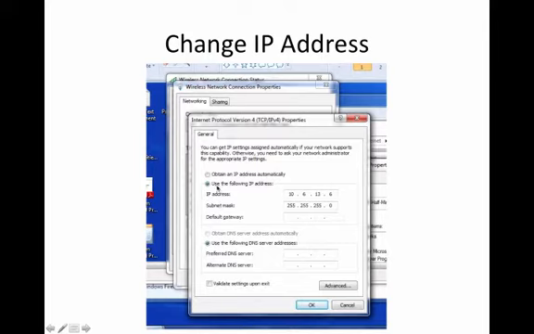We're going to click the box that says use this IP address, and we're going to enter in the IP address for our device. For example, we want to configure our computer so that its IP address is 10.6.13.6. Your subnet mask is going to be